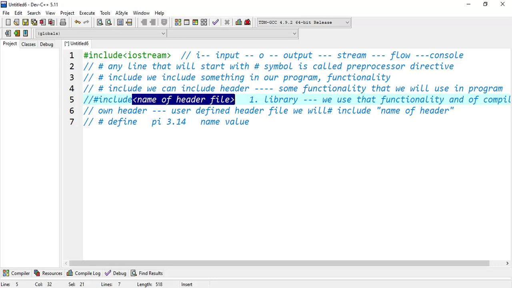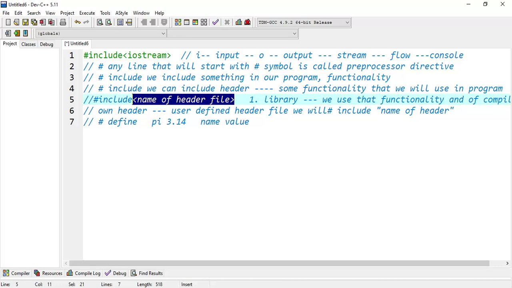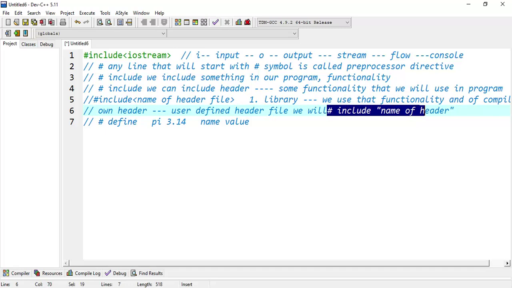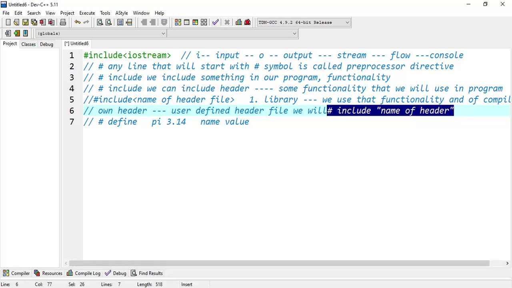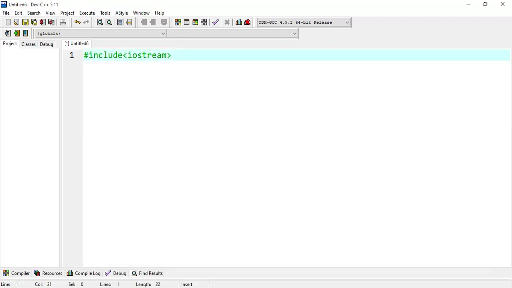Meaning this file will be in the include folder where the compiler is installed. If we want to write our own header file and use it in our program, we will use #include, and then we will write the name of the header file in double quotes. This is the explanation of the first line that we write at the start of our program.